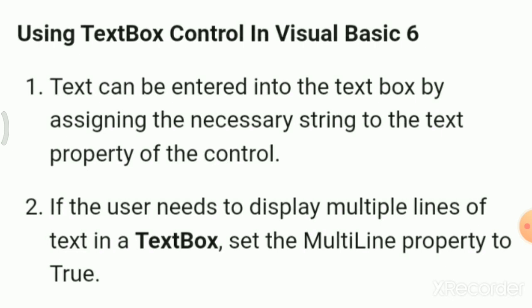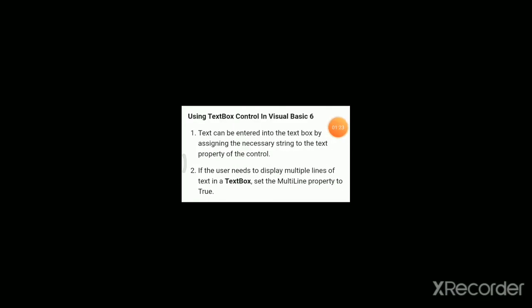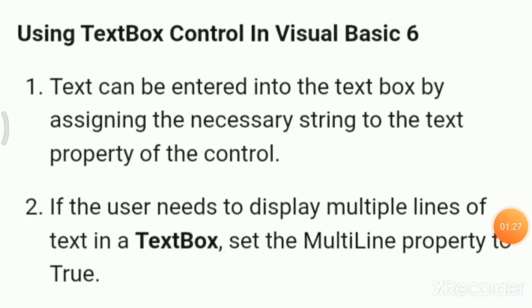The picture property and load picture of the image control is used to load a picture in the VB form. That also is important. Then we learned about the label control. The label control in VB is used to display text and numeric data. Caption is the most important property of the label control. So all these are about the second lesson.